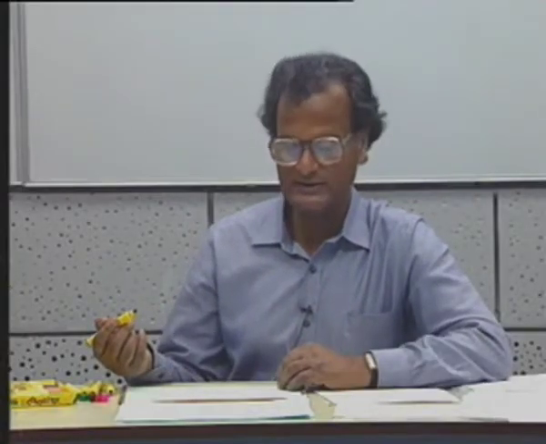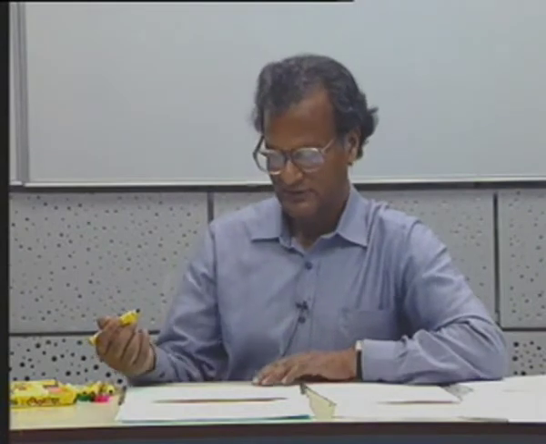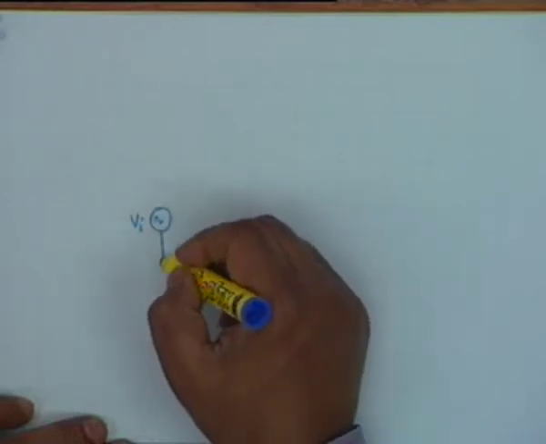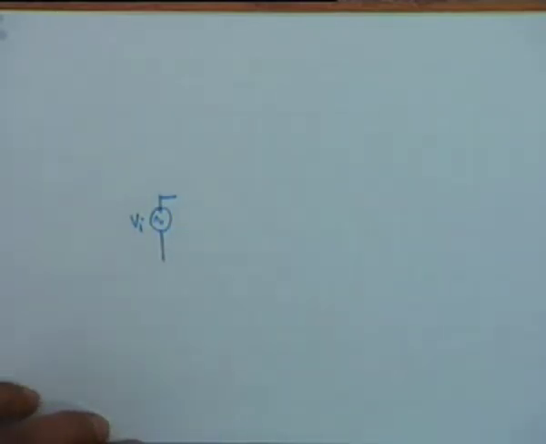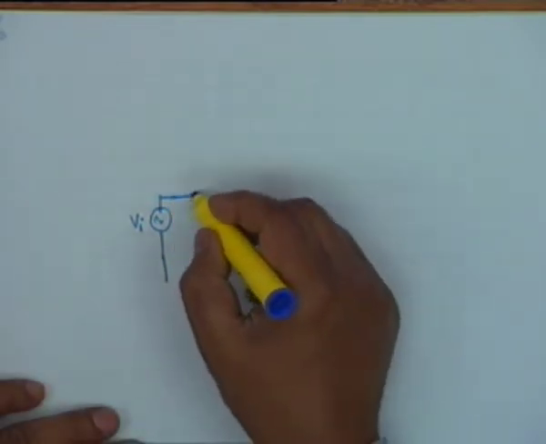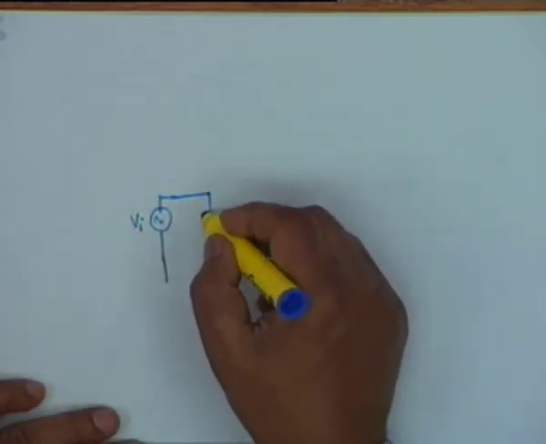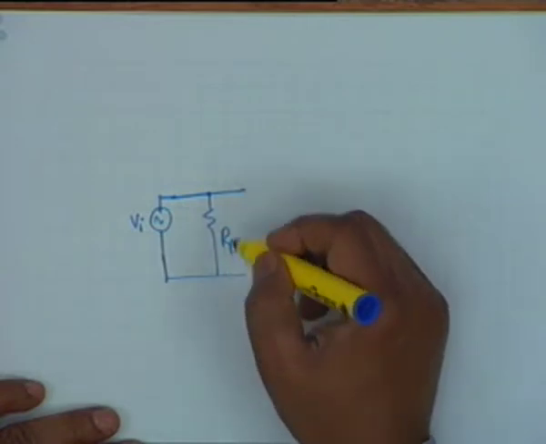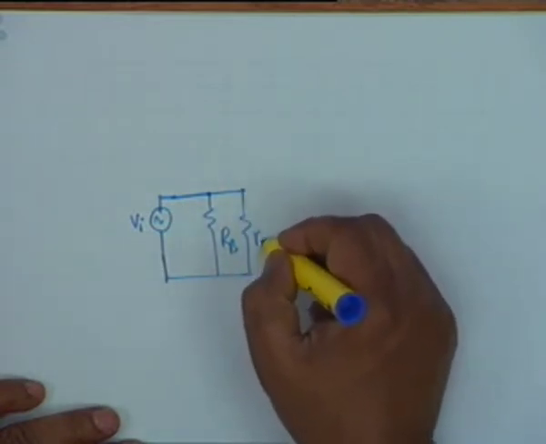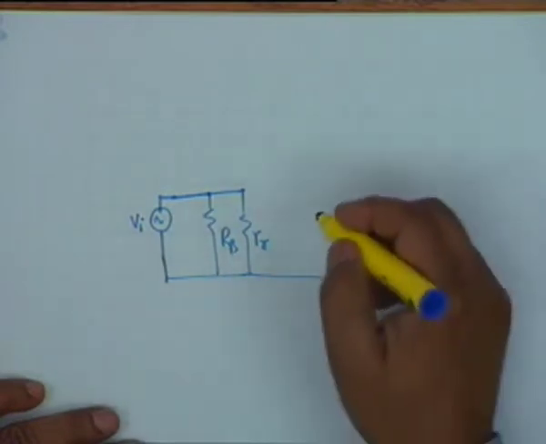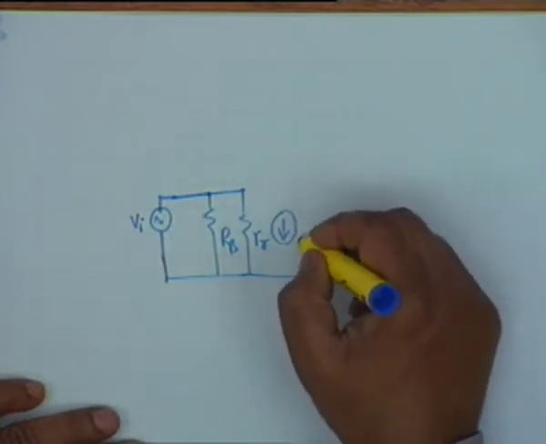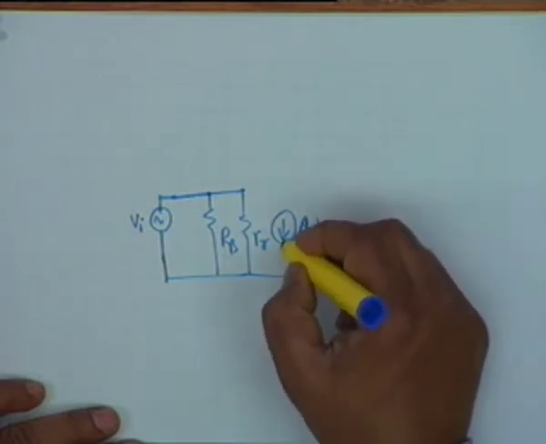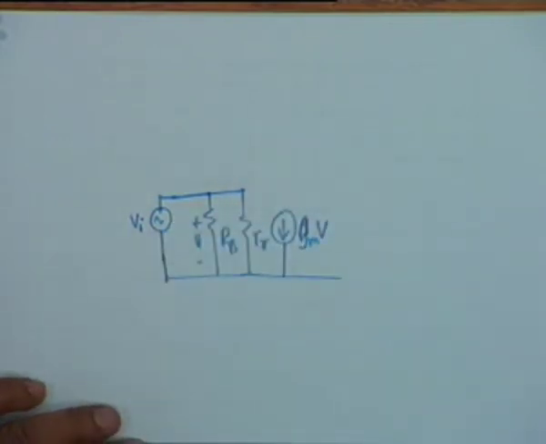What is the frequency of oscillation? Because the amplifier is not ideal. So what we do is like this: we assume that there is a signal source Vi, and at the input, then we have the RB, and we have the input impedance of the transistor, that is R pi. At the output, it is beta. No, let us work in terms of GM. GMV, this is V. V is the same as Vi.